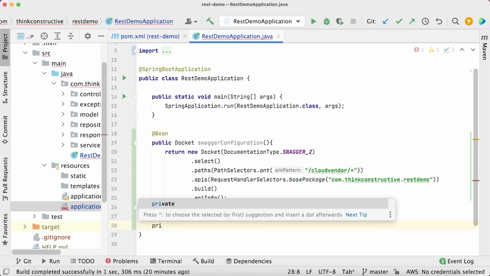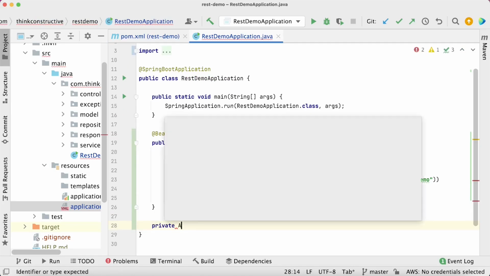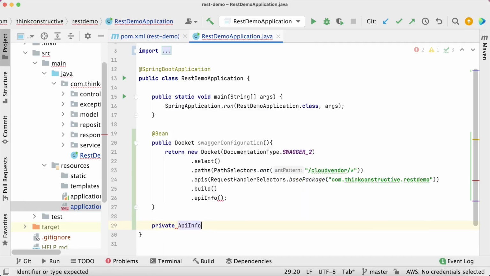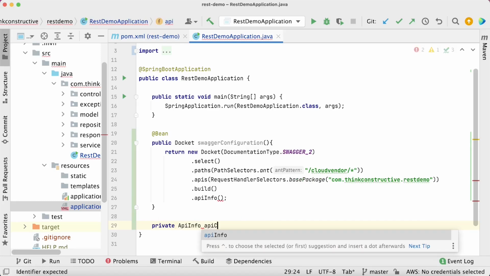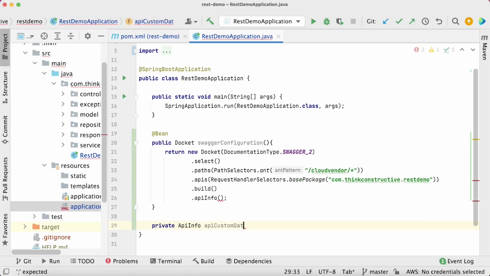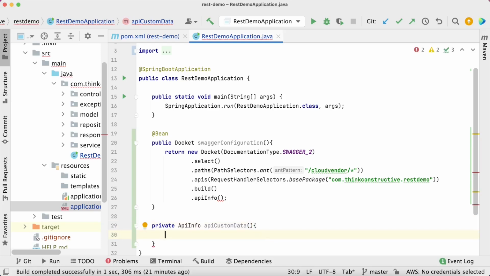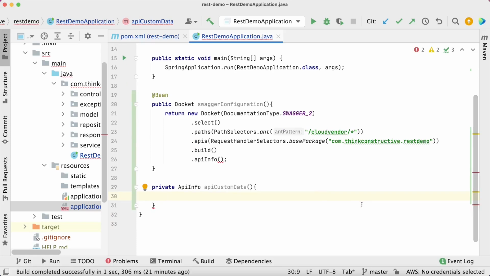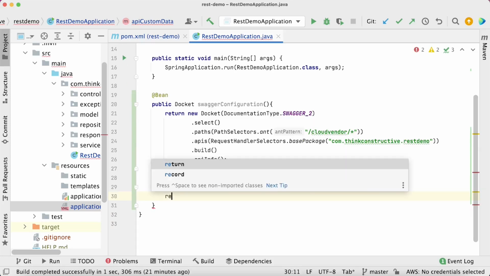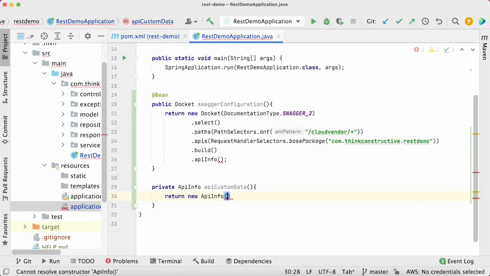I'll now create a private method here which should return ApiInfo. And I can give any method name here. Let's say I'm saying apiCustomData. So a similar kind of name I have given. Inside this apiCustomData, I will be returning an ApiInfo object. Why? Because this is what the method should return, and ultimately this apiInfo is expecting an ApiInfo object here. Correct? So we are currently constructing that.